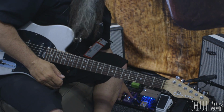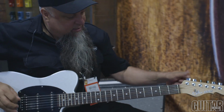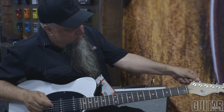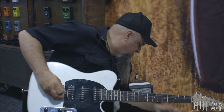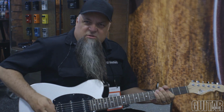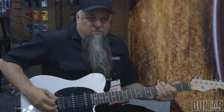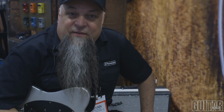I'm going to keep the gain up. I'm going to turn the tone down a little bit. So that's a super badass Variac Fuzz. Moving right along, what we got here